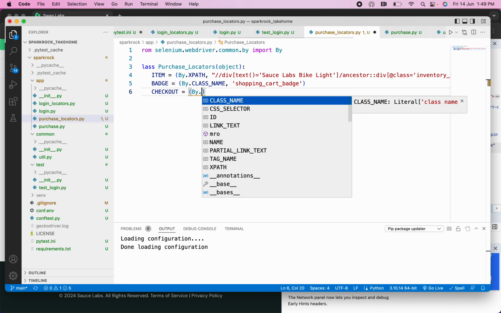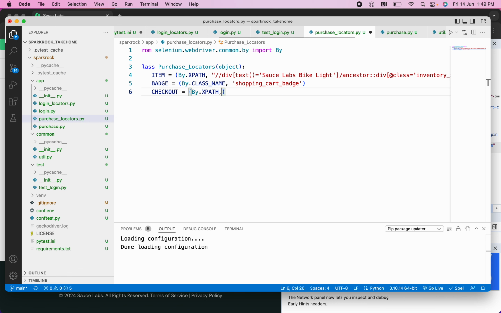By xpath, button id name is checkout. Okay,